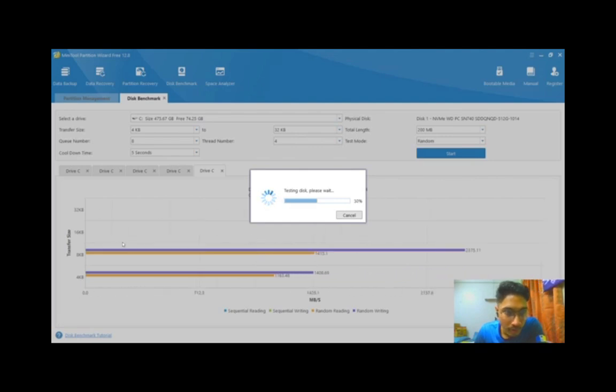It will now test. As you can see, the purple bar represents the random writing. The orange is the reading, the purple is for the writing. So 4 kilobyte and 8 kilobyte have also done testing. As you can see, for 8 kilobyte,